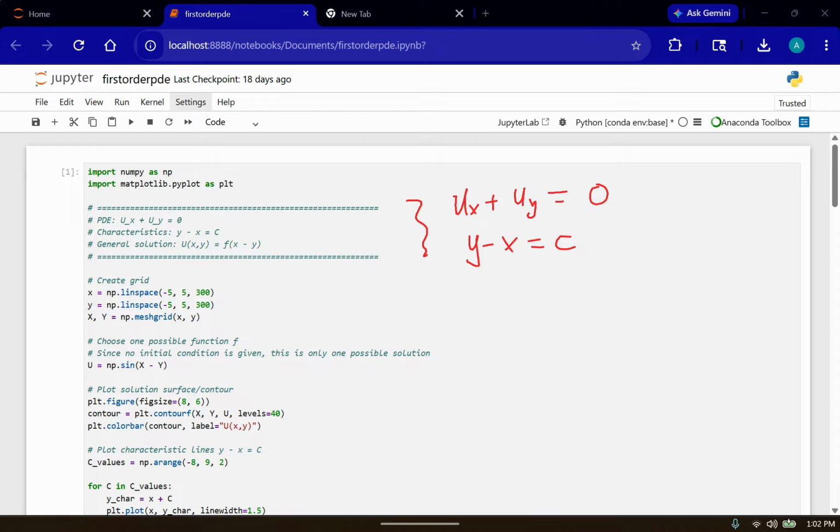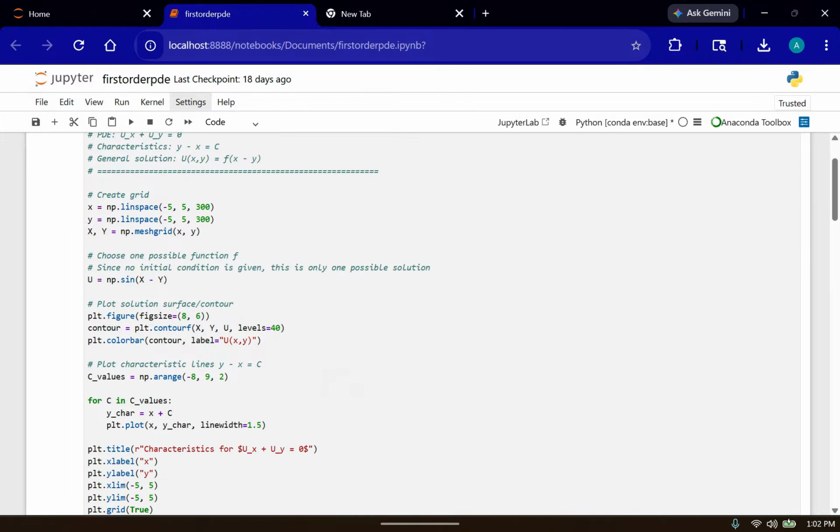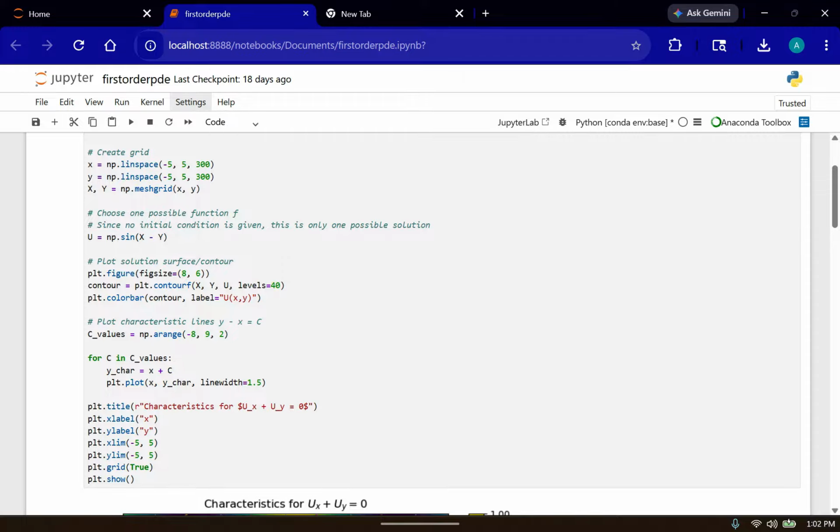So now we look at this and then we try to plot this. Okay, so I use Python to plot this. You can choose to use any other tool that you want. So you go down here and then you realize that I have all these codes to plot all these things. Some of the key things I want you to look at is that